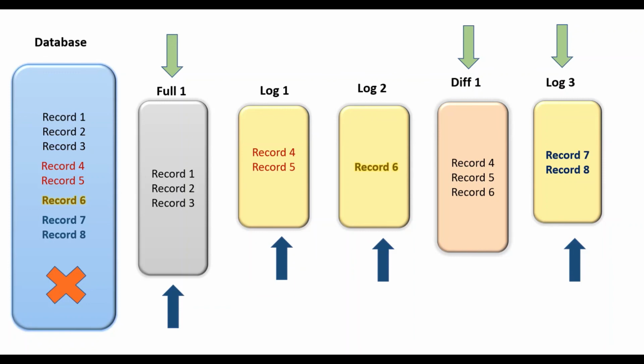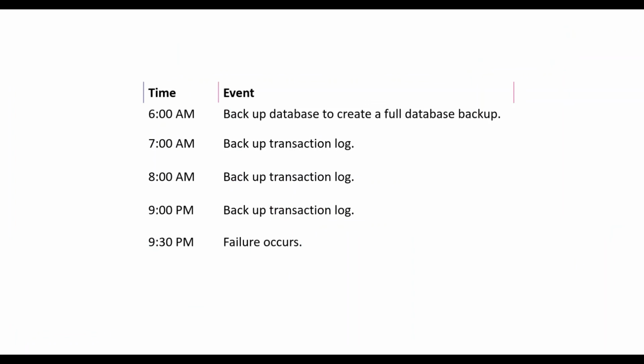In our next video, we will discuss the tail log backup. Suppose we have a full backup at 6 am and at 7 am we have taken a transaction log backup, and at 8, that means every 1 hour I have a transaction log backup, and at 9:30 my database is corrupted. I am going to take a transaction log backup at 10 o'clock, but at 9:30 the failure has occurred. So how do we restore the database in that case? That is where the tail log backup comes into the picture. So we will discuss this in our next video.